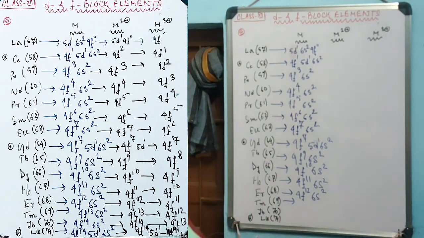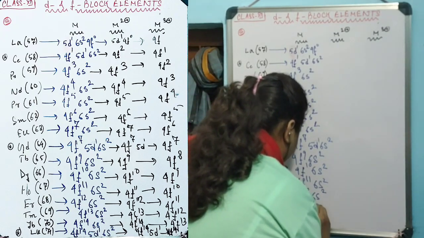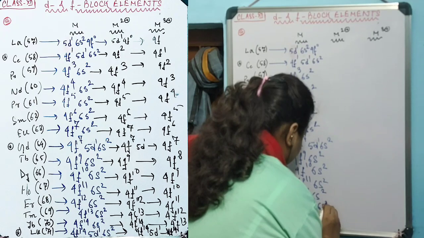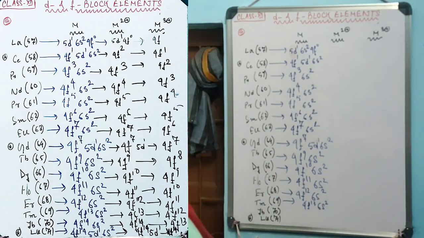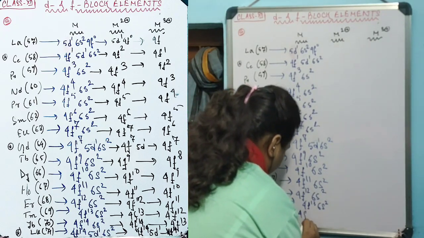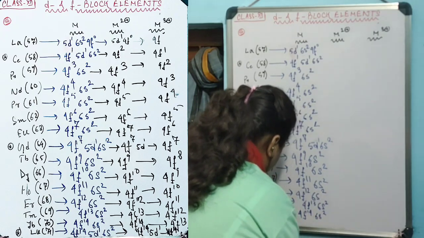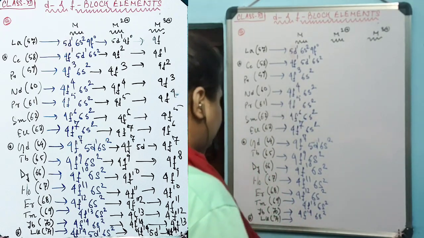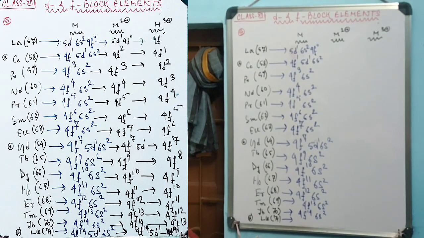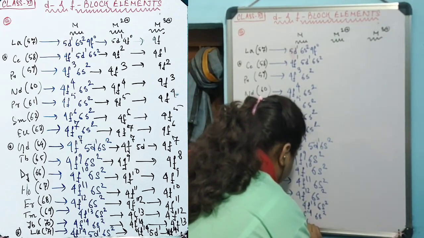The next element, Tm or thulium, has the electronic configuration 4f13 6s2. The next one, ytterbium, Yb, has the electronic configuration 4f14 6s2. And the last one in the series, lutetium, Lu, has the electronic configuration 4f14